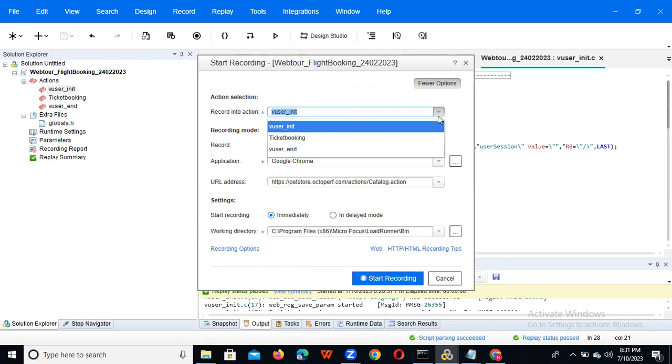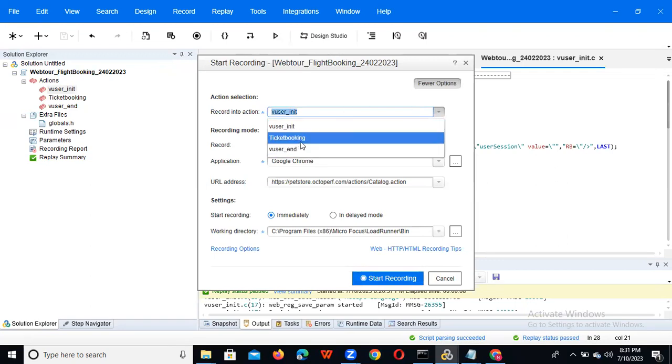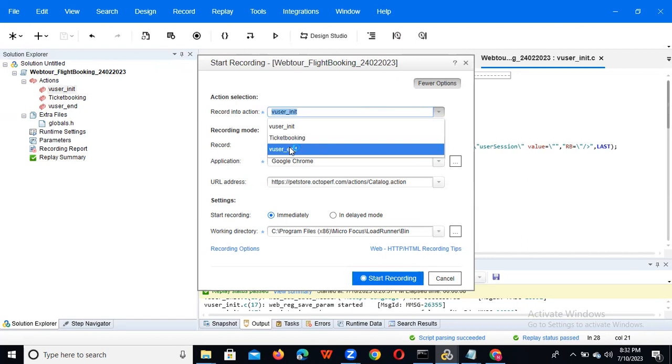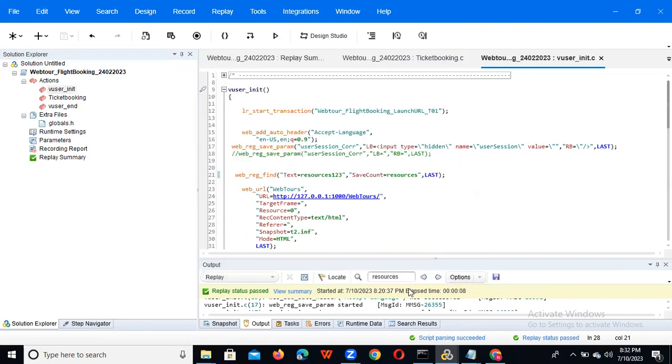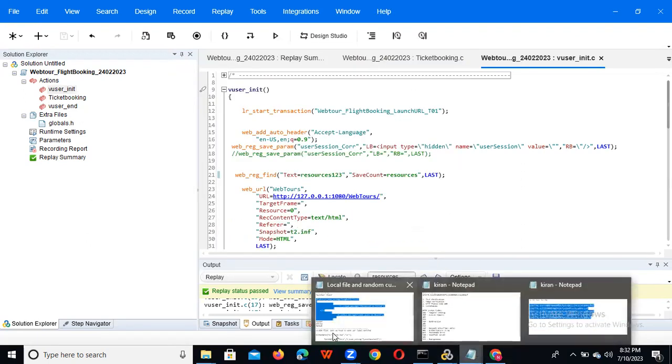Usually, when you are doing scripting properly, in the user init section you need to record the launch and login section. We need to keep that as the initial section, and action is nothing but the business flow. Like if you are doing ticket booking, or booking some product on Amazon, or whatever your business flow, you need to record in the action part. In the end part we need to record the logout, because when you are doing the execution,